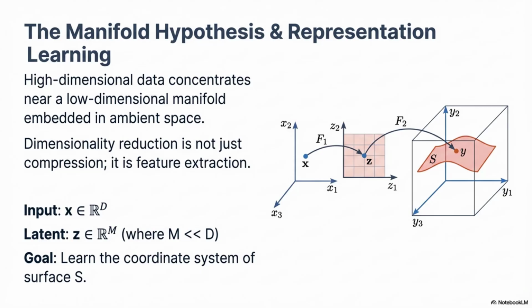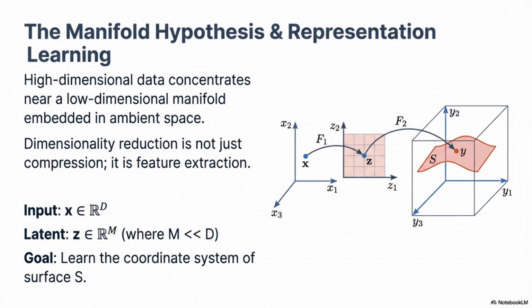It's called the manifold hypothesis. The theory is that all that complex data isn't just randomly splattered everywhere. Instead, it actually clusters together on a much simpler, lower dimensional surface, a manifold, that's just kind of twisted up inside that high-dimensional space. Our job isn't just to compress the data, it's to find a hidden surface and learn